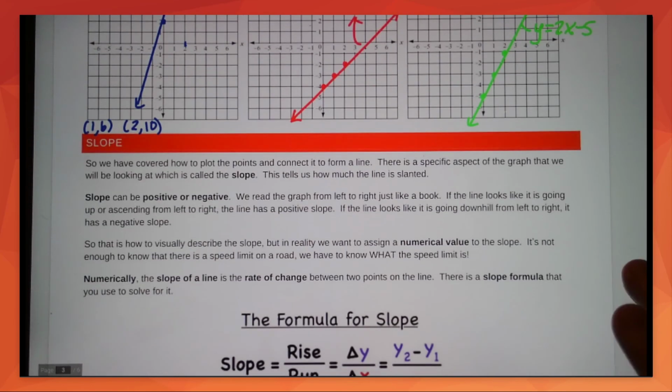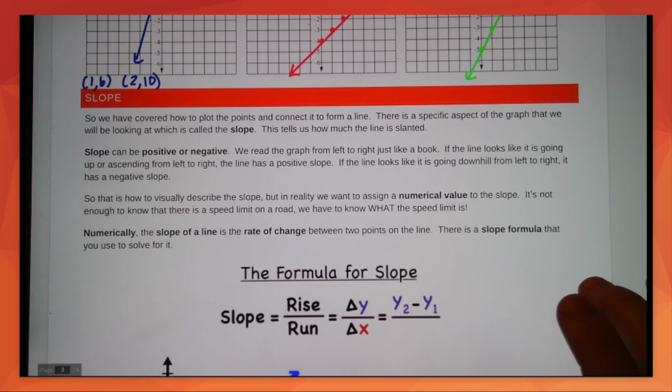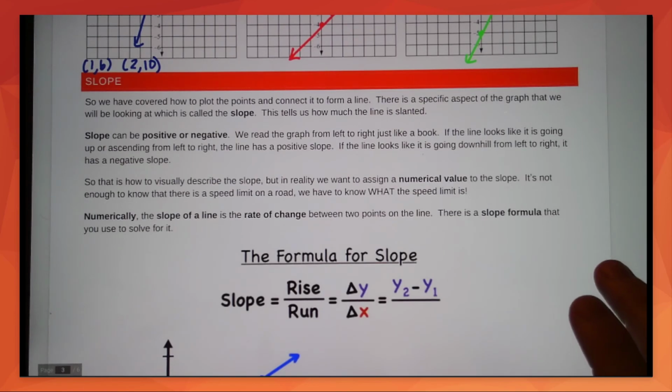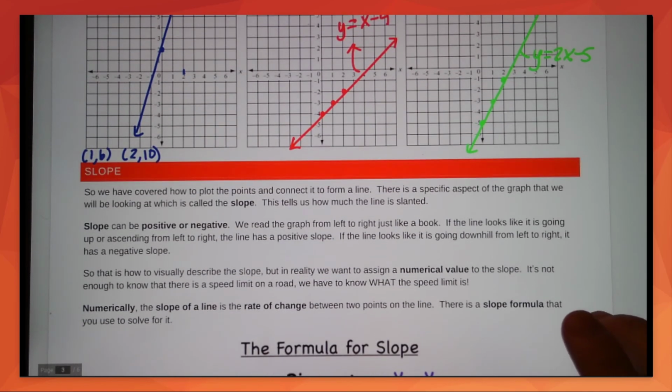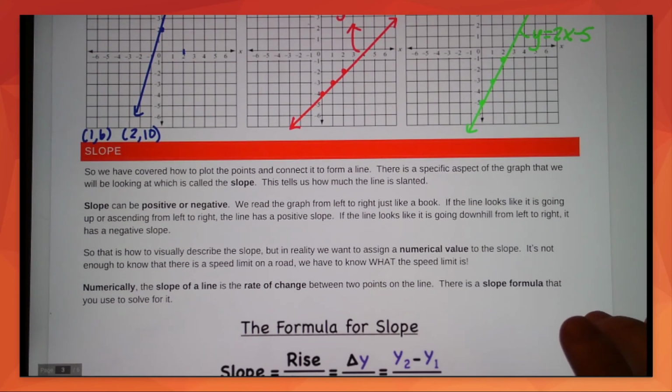Okay, so let's wrap up this section talking about the slope of a line. We know how to graph them now. We know how to plot those points. And now we're going to kick it up a notch and talk about this other aspect of a straight line, which is called its slope. A slope can be a positive or a negative number. It's a number that we assign to the slope that tells us, does the line,